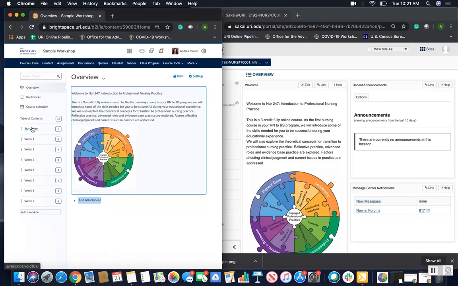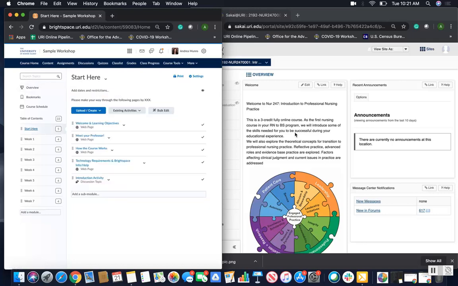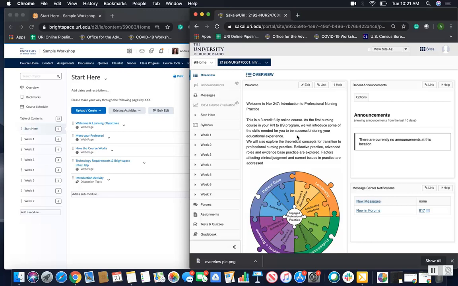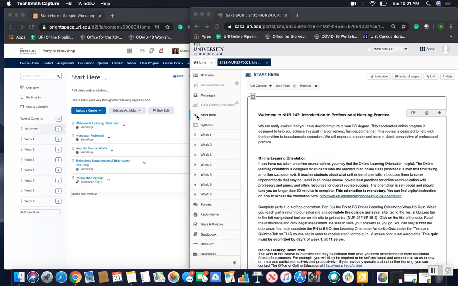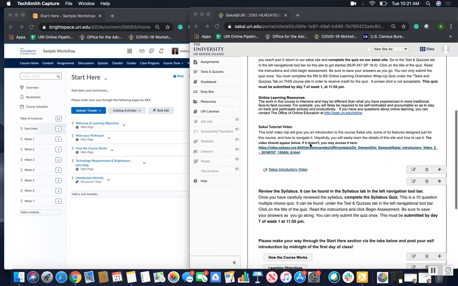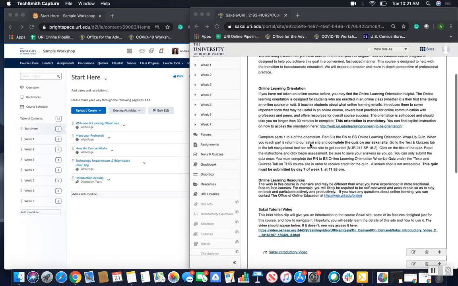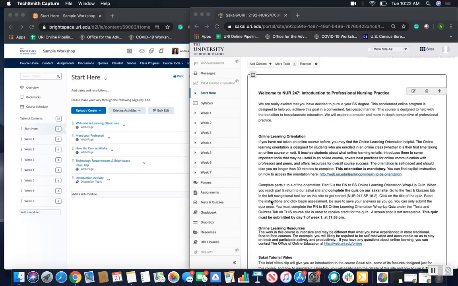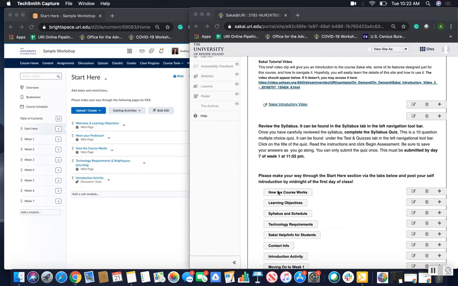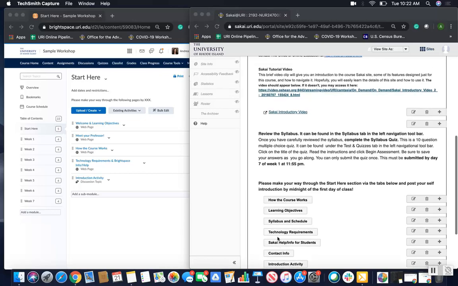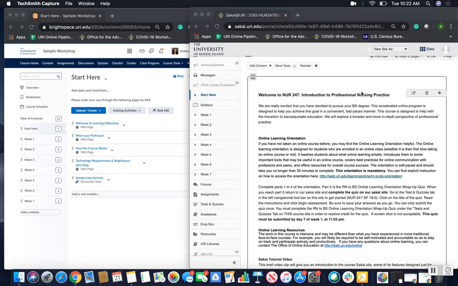So next what I want to do is I'm going to click on Start Here. And that's the next area I'd like to copy some content from. So I'm coming over here to Start Here. And so now from my Start Here, I have more content that I want to copy over. So I have my opening page here, and then you'll notice I have these other individual pages that I want to copy content from. So what I'm going to do is just start with this one here, the welcome, and I can click edit,